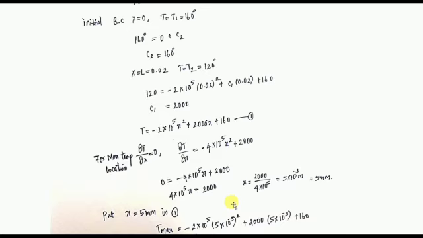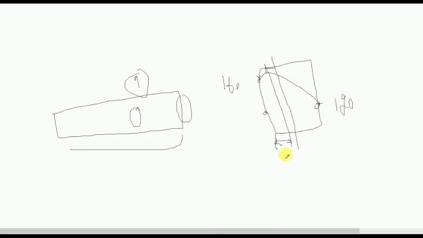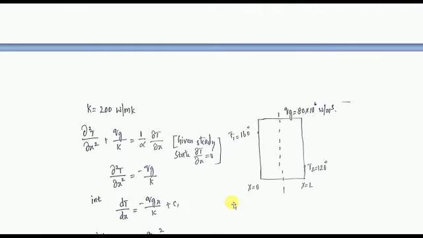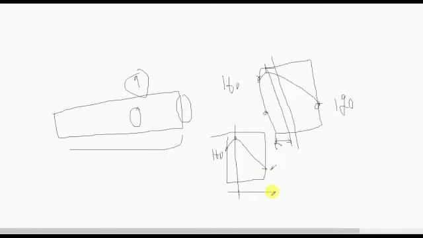When you substitute this 165 in this diagram, you can see here it is 165. Here it is 160, and 165 is here, which means the temperature distribution is like this, 160 and here some 120 is there. So you also found out the value of x equal to 5 mm. Totally this is 20 mm. At this location it is 5 mm.